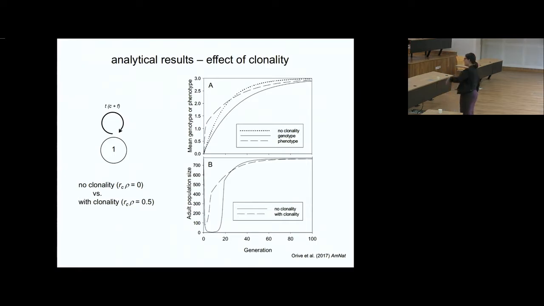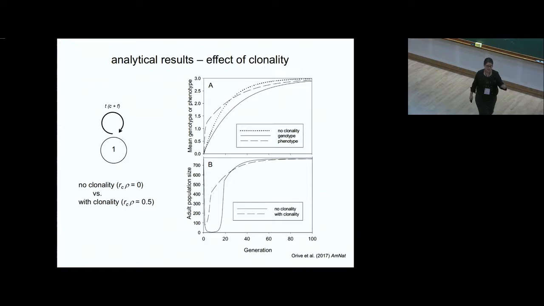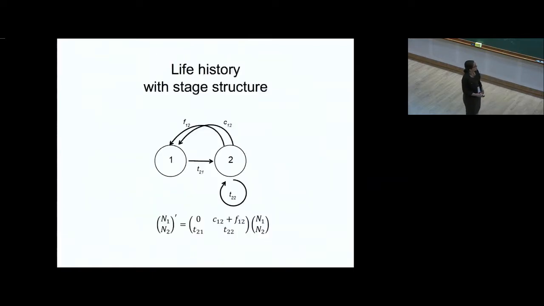So this loss of individuals, which we said is very important for the ability of evolutionary rescue to happen, is dampened quite a bit by clonality. We called this a demographic advantage. We have these individuals, and if they happen to be okay, they make exact copies of themselves, and the population makes it through.